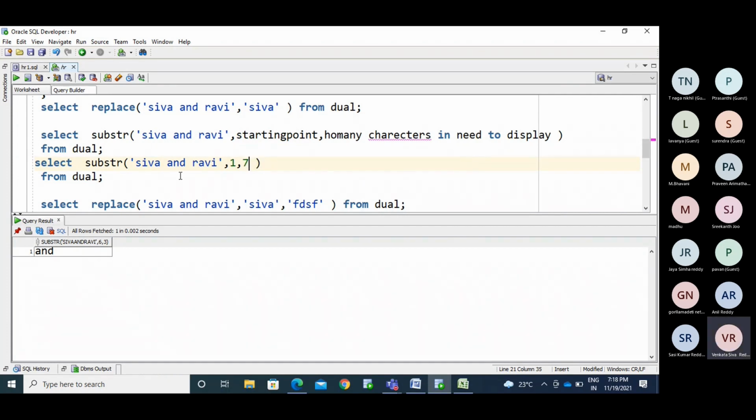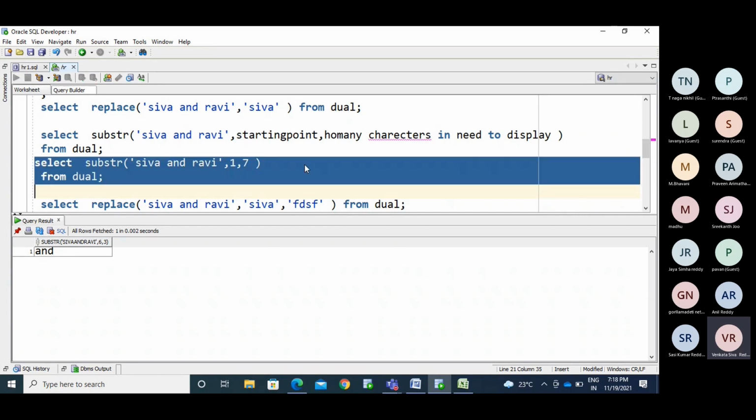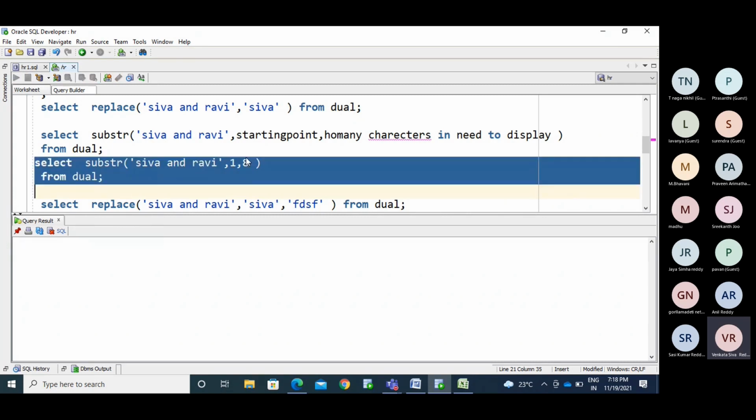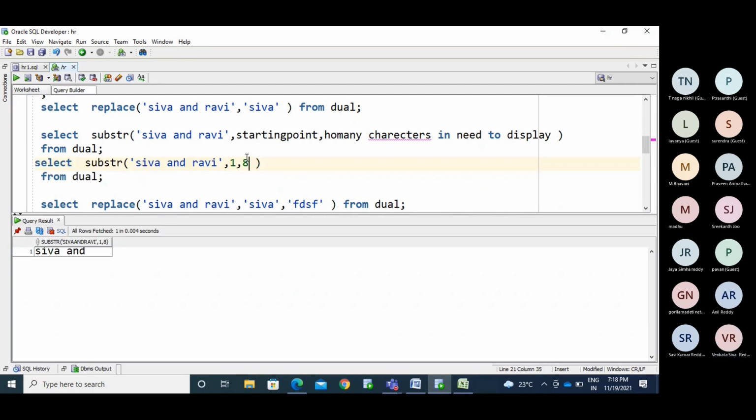Now 1, 2, 3, 4, 5, 6, 7. So up to "and" I will get the value. From the starting point, 7 characters I am displaying, so I will get Siva and.